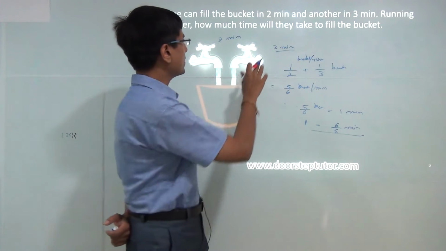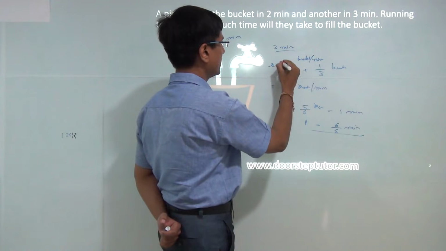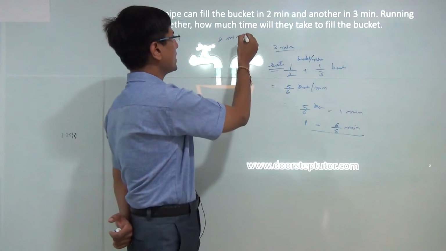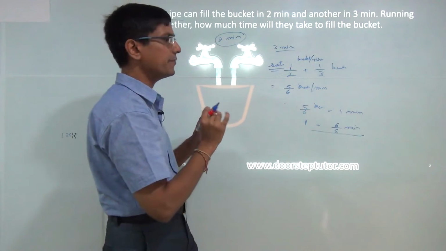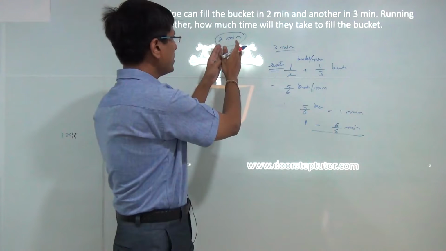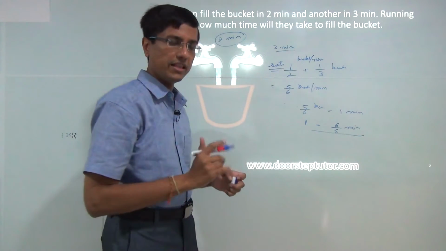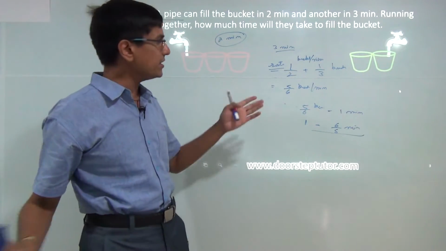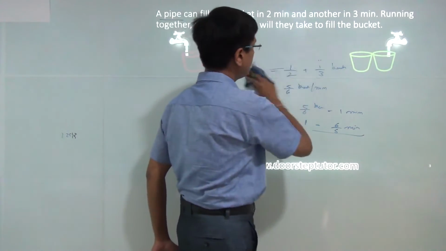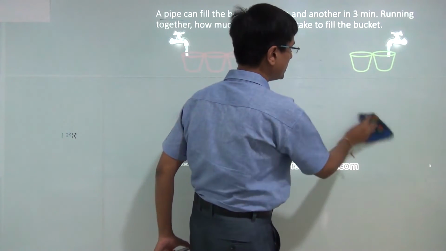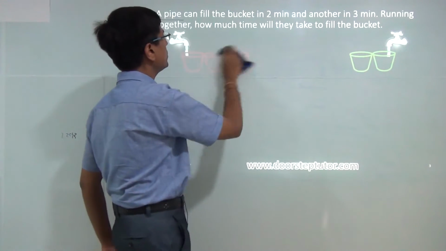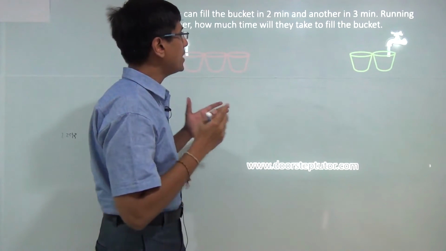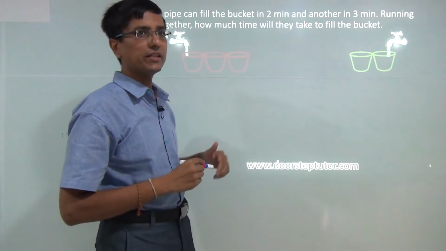This is the traditional way of looking at this problem. A few things to note here. First, the rate is the reciprocal of the time taken to fill one bucket, and this is something we should remember. Rate is always the inverse of the time taken to fill the bucket or tank. Now we'll look at this problem in another way, and if you are able to change your perception, I'll show you that we can solve such problems very quickly. Going forward, this is the method that we would use.